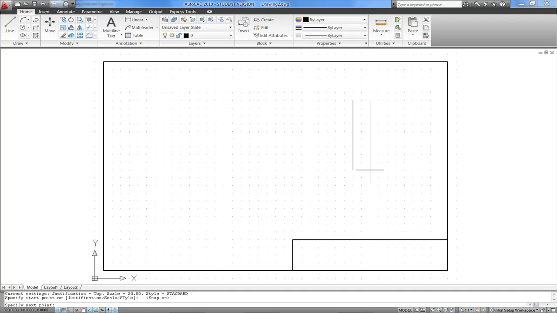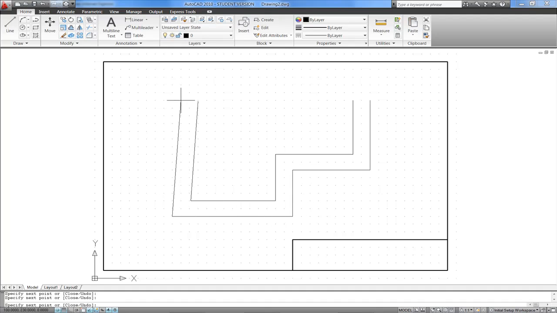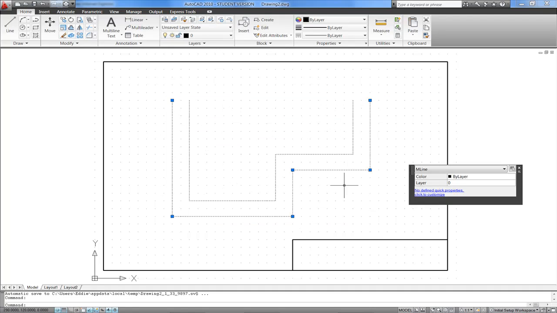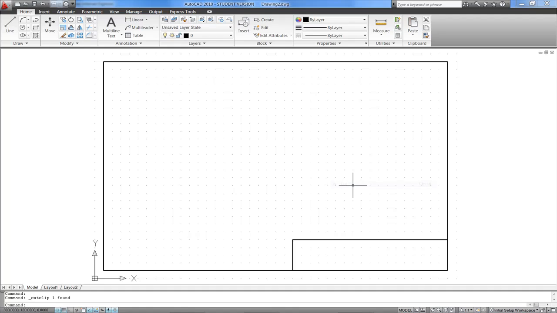the real benefit of the multi-line tool is when you click a second time and pull in a new direction, click again, pull in another direction, you'll see that the multi-line tool will maintain a constant offset between the lines, which is ideal when we go to draw floor plans and the like. This default multi-line though of 20mm spacing is not what I'm after, so I'm going to hit escape to come out of that, select all those lines, right click and cut, and I'll show you how to create your own